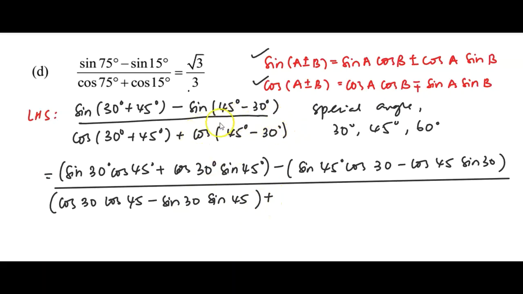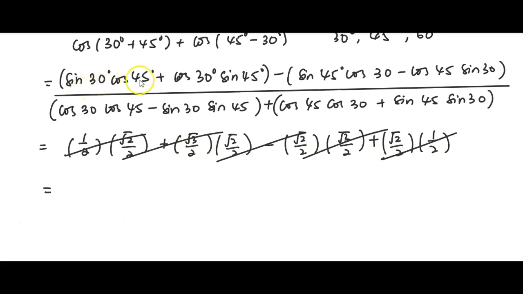Expand the last term, which is cos 45 minus 30, using the same formula. So here I have A as 45 and B as 30, and the sign is negative. When we expand, here will be positive. So we have cos A cos B plus sin A sin B. Okay, sin 30 cos 45 plus